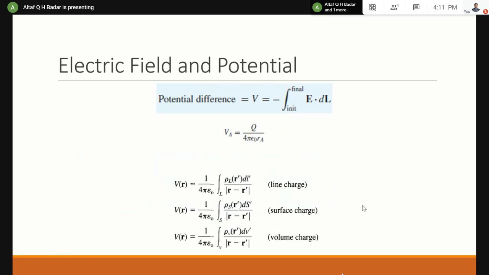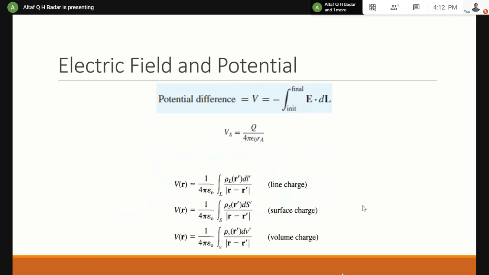When we go for it, basically the electric field intensity deals with static charge. Now, if we attempt to move a charge in a field, we will have to expend energy, right? You have to do work. If you are moving one charge from one position to the other position, you have to do work. This energy will be positive when I am moving against the field because I am feeding the energy, and it will be negative when I am moving in the direction of the field. So there are formulas related to it.